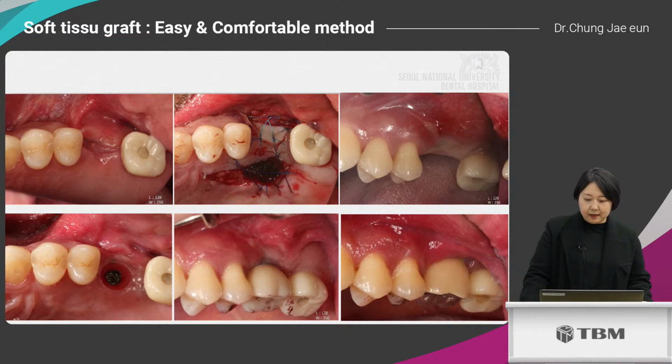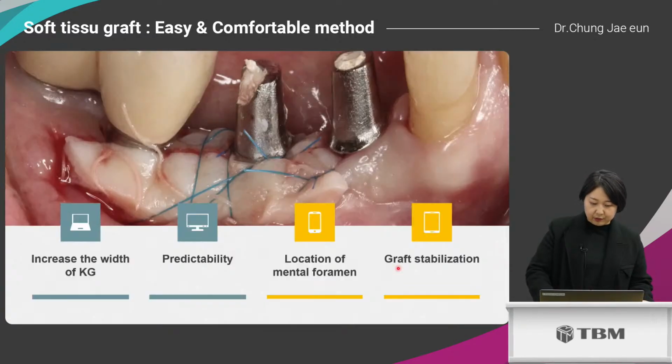If the first implant had no problems in this state, if it was maintained well, it could have been used in this state. But when we retreat because we have particular problems, we should do FGG so that we can secure a more prognostic result. The best part of FGG is that it can get sufficient keratinized gingiva, and the procedure has